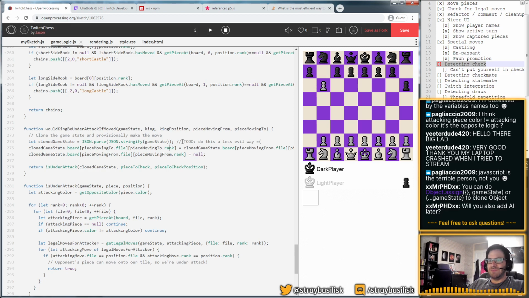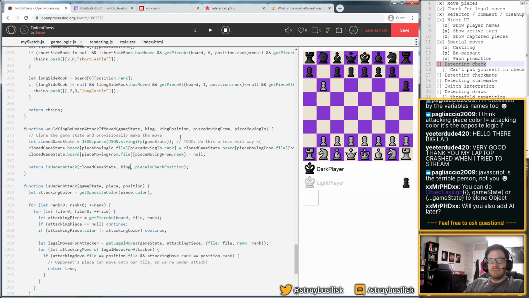Will you add AI later? My plan is no. I mean, doing this is the first step to adding AI, right? Because it's all about looking at provisional and potential game states. This is kind of what the AI does: it simulates a move and then does some evaluation. But the idea is for people in the chat to be able to say something like exclamation mark chess, and then somebody else can accept the challenge, and then you can put in chess notation and play against each other in the overlay somewhere. So it's a 2-player Twitch chat based chess game.